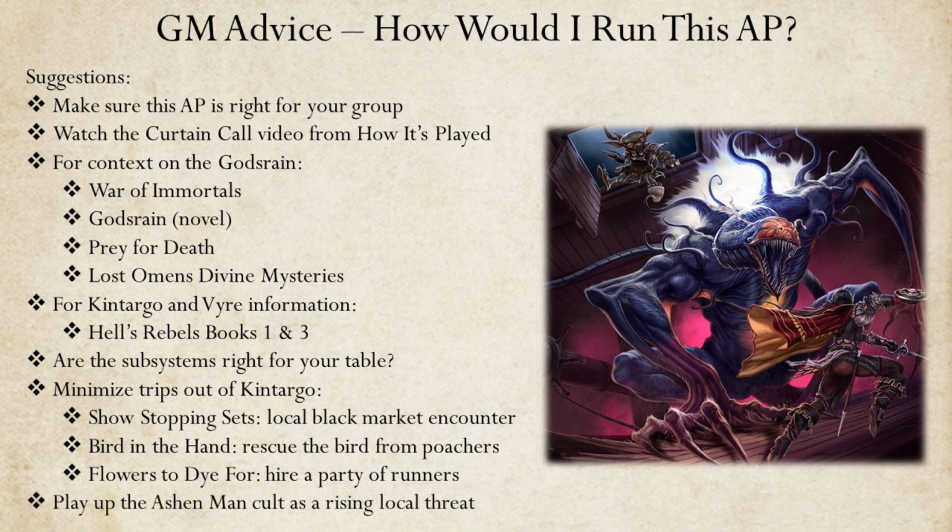And, finally, I want to discuss the Cult of the Ashen Man, the red herring villain for most of Books 1 and 2. The Curtain Call AP suggests using graffiti to represent the rising prominence of the cult in Kintargo, and, as much as I like this idea, I think you actually need to go a little further. I suggest adding some small tidbits into the daily operations at the opera to help emphasize the rising threat and danger of the Ashen Man cult.